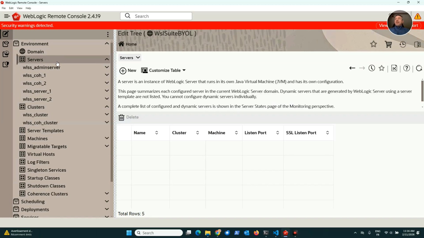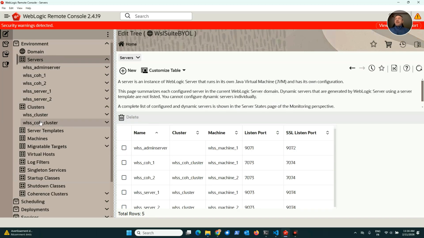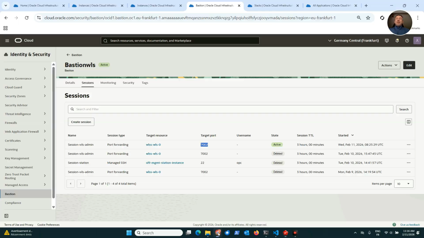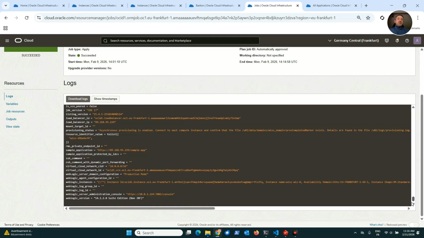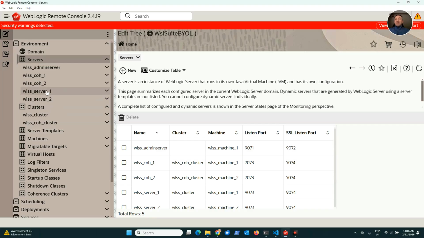Looking at the WebLogic server, at start with the stack, remember the stack run here, and a lot of resources were created automatically. And after the run of the stack, I got a cluster with two servers, server 1 on VM1 and server 2 on VM2. Okay. Then after that, I created myself another WebLogic, Coherence 1 and Coherence 2, because I want to use the feature